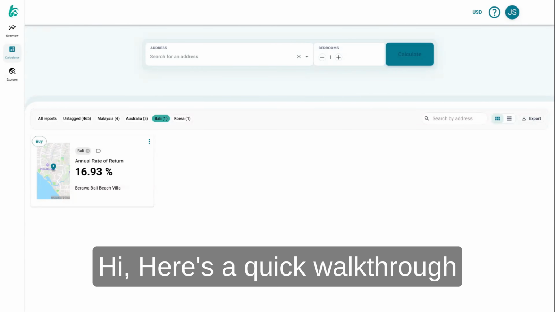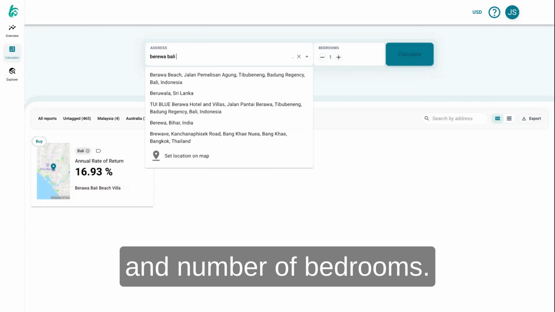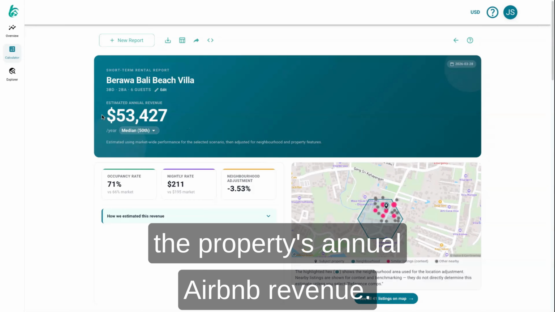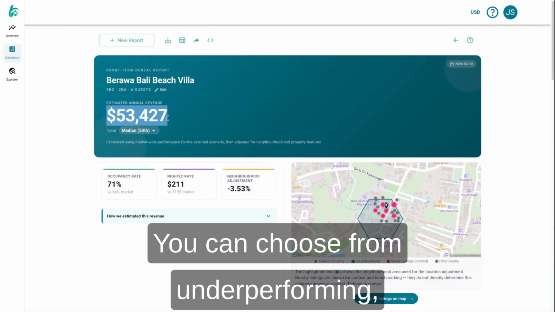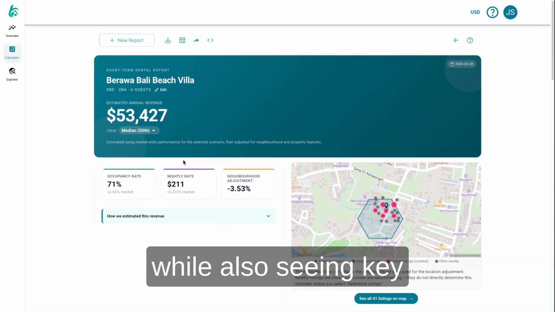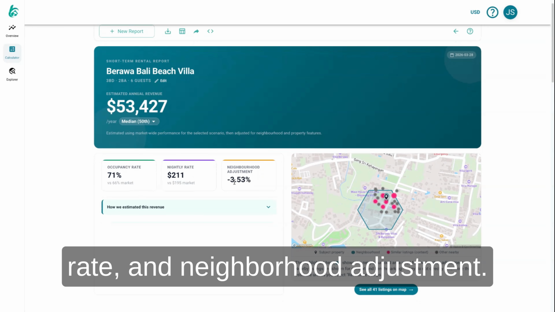Hi, here's a quick walkthrough of the Airbnb Calculator. Start by entering the address and number of bedrooms. We'll instantly estimate the property's annual Airbnb revenue. You can choose from underperforming, median, or top performing scenarios, while also seeing key metrics like occupancy, nightly rate, and